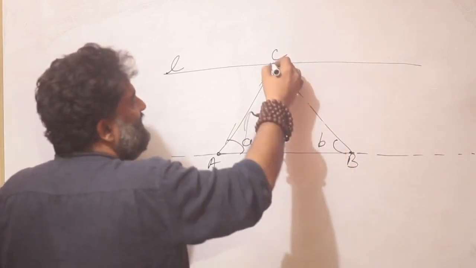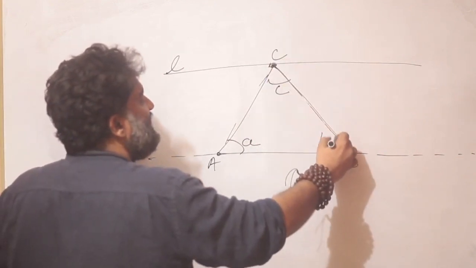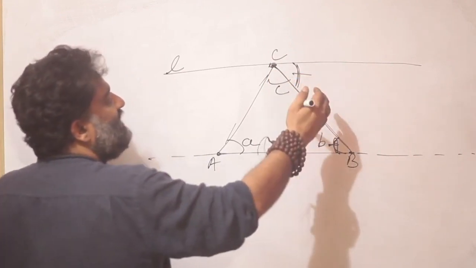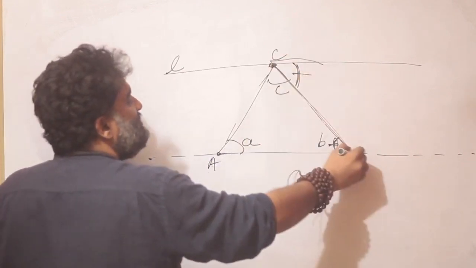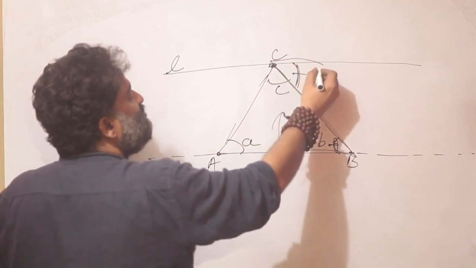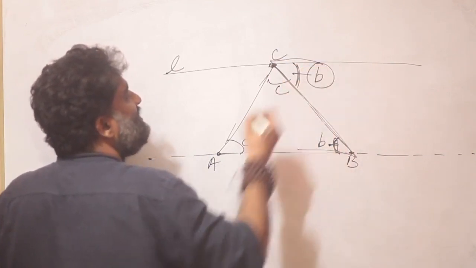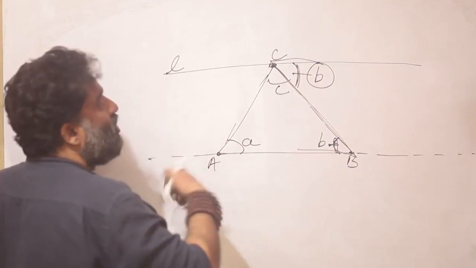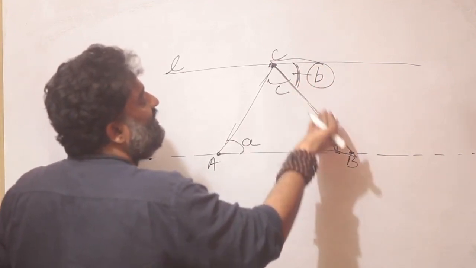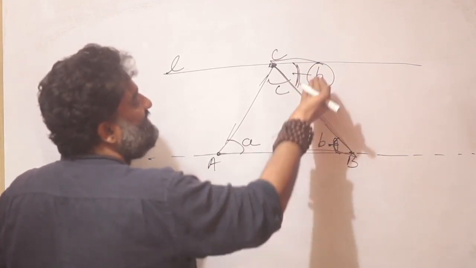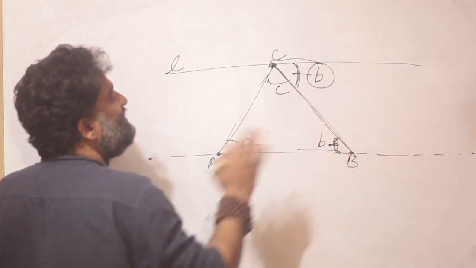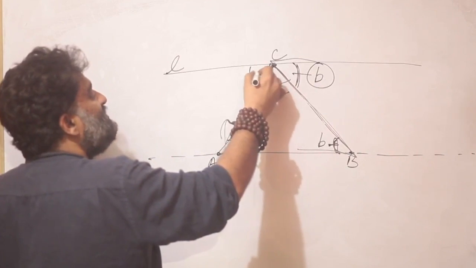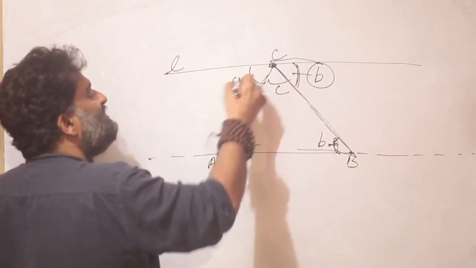Now very quickly, if this is the transversal, this angle and this angle will be equal to each other. Why? Again, notice the Z shape. This angle will be equal to this angle. That means this angle is going to be B. Or more formally, these are alternate interior angles, and these are parallel lines, and therefore they are equal to each other. Similarly, angle A will be equal to this angle. So this can be written as A.